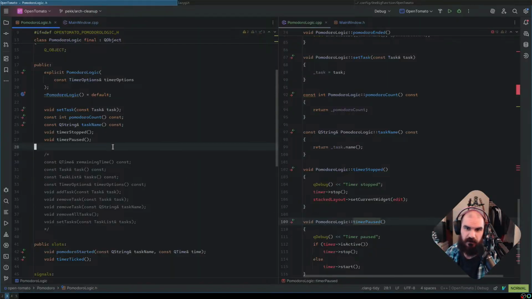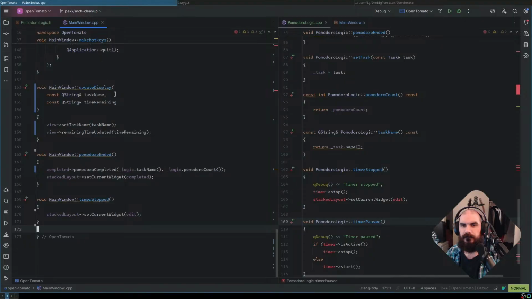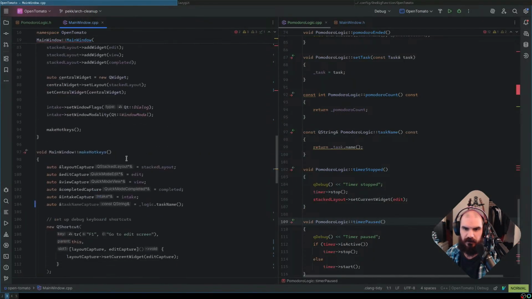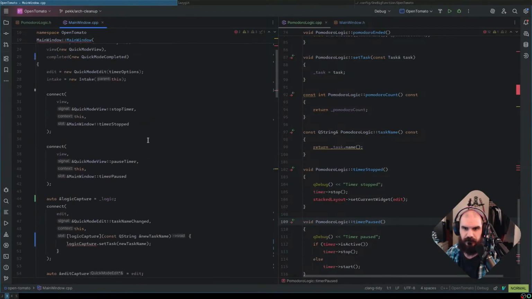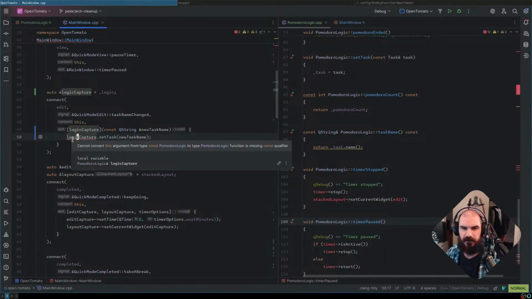And these can probably be slots. And then there's going to be some red up here where I try to connect them. No doubt. Logic capture set task. Function is missing const qualifier. Oh, I got you.